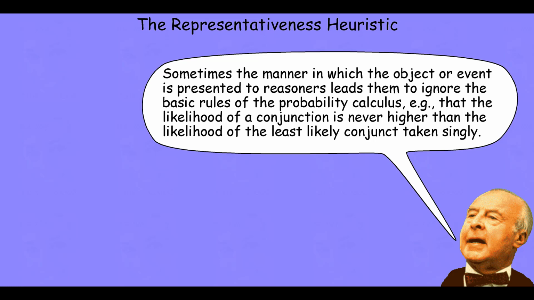What we discover is that people will often look at the information that's provided, and they'll say that it's much more likely that Bob's a Republican lawyer than either that Bob's a Republican by itself, or that Bob's a lawyer by itself. But the probability calculus tells us that a conjunction can never be any higher than the least likely conjunct. And so our estimations based on how typical Bob seems as a Republican lawyer can lead us to assign probabilities to those three possibilities that violate the probability calculus.